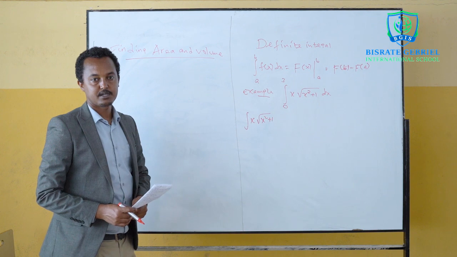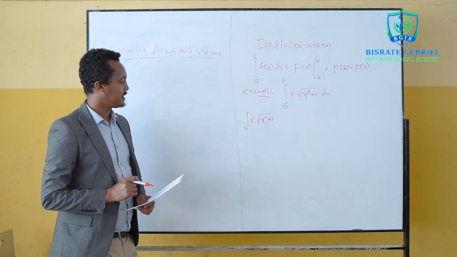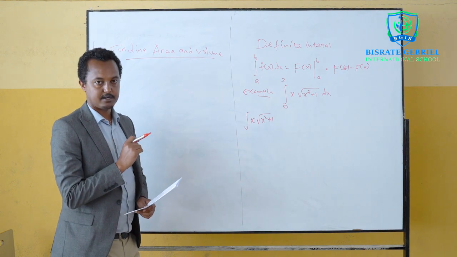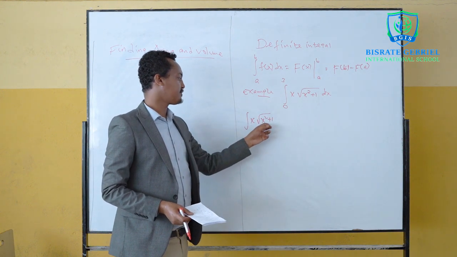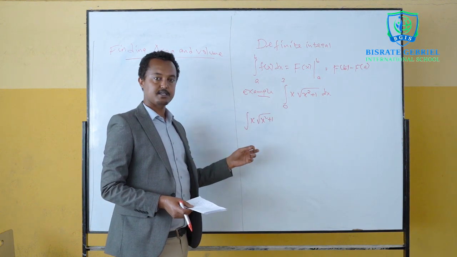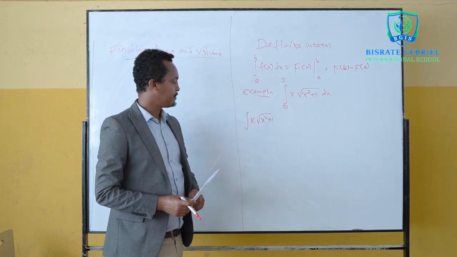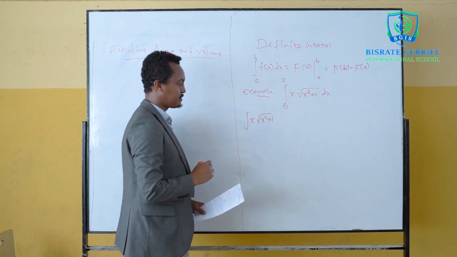To integrate this function, we have seen different approaches. One method of that approach we call integration by substitution. When you use this step, what we look for is, when there are two functions, if one of the functions is a derivative of the other, then we apply the substitution method. We have learned that in previous lessons. So let us integrate this function using the substitution method.